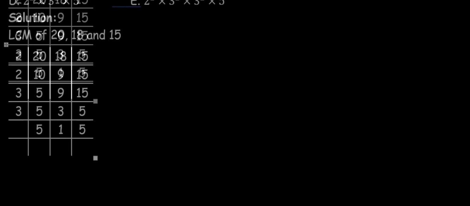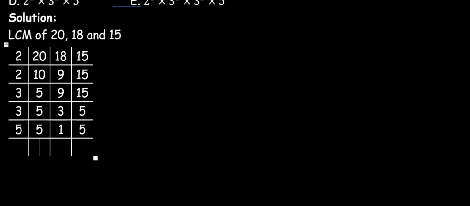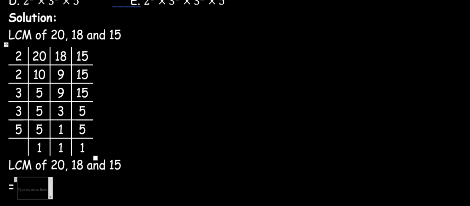The next number we pick to divide through is 5. It's obvious. So 5 divide 5, 1. 5 divide 1, you just bring the 1 down. 5 divide 5, 1. We have conclusively say LCM of 20, 18, and 15 is equal to 2 times 2